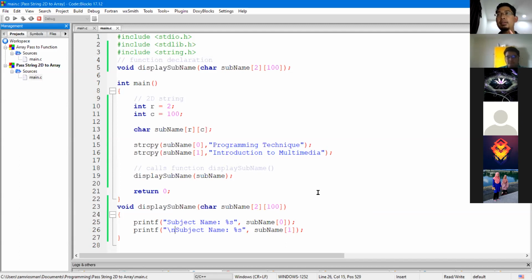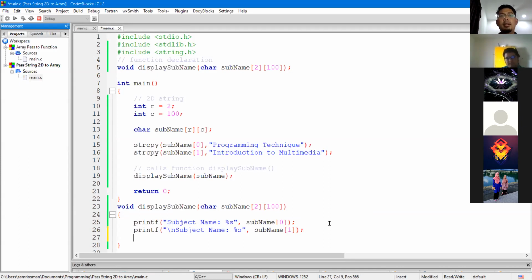So this is the first example, where we print out the output one by one. But the problem is, if we have 20 lines of subject names, it would be tedious for you. If you copy and paste until index 19, it will be tedious, right? To solve this problem, if you have more than 5 or 10,